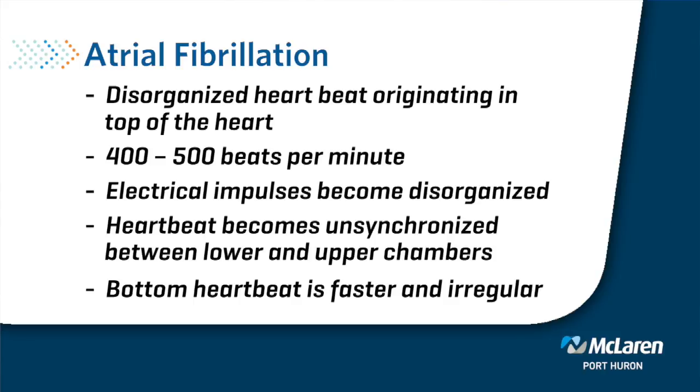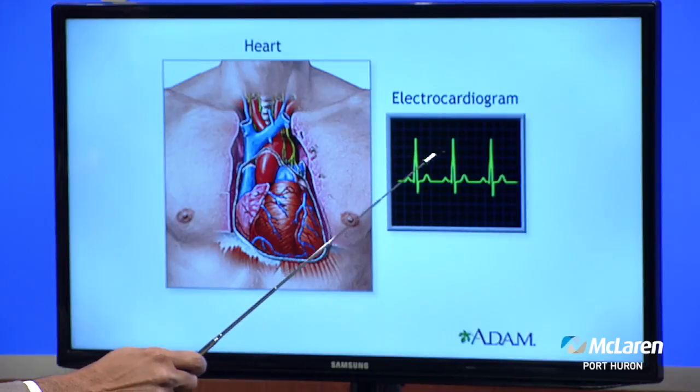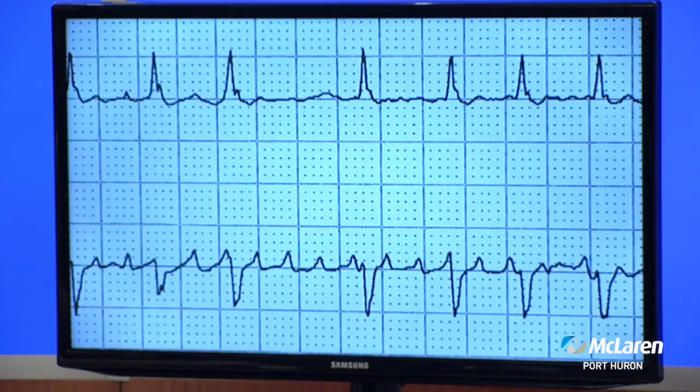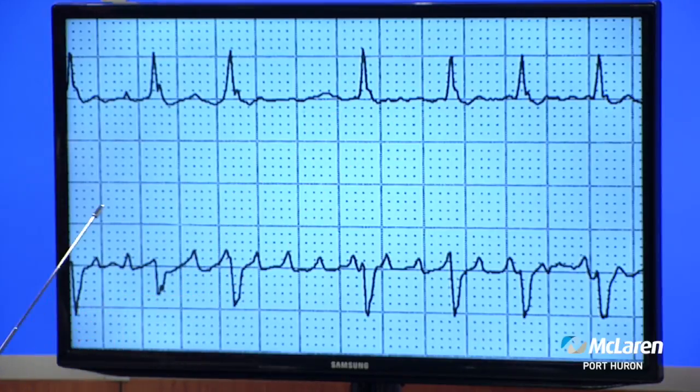We can look at an image. Let's do that. This is the normal EKG, where there is a nice synchrony between the top chambers and the bottom chambers, and the heart rhythm is very regular. Whereas in atrial fibrillation, you can see the activation of the bottom of the heart is happening at different intervals. It's a long interval, a short interval, and it's fast. Also, you can see the top chambers have activity, but they have more activity compared to the bottom, and the synchrony between the two of them is gone.